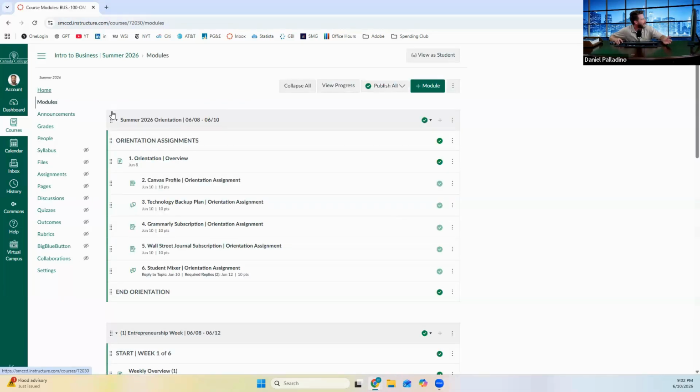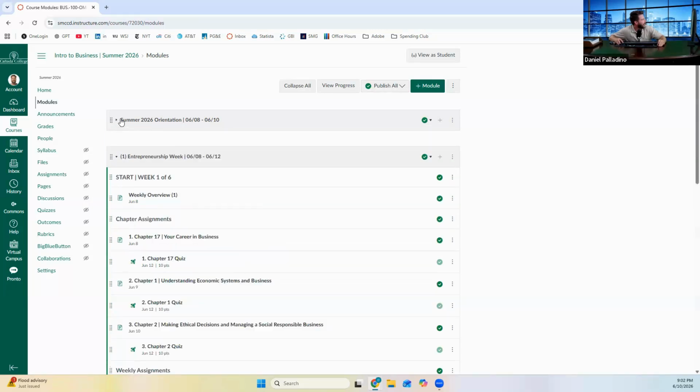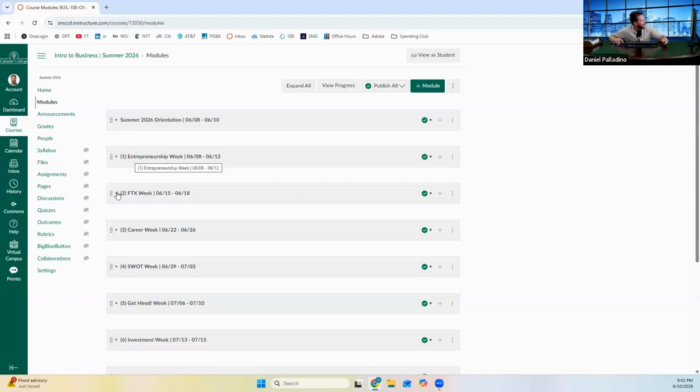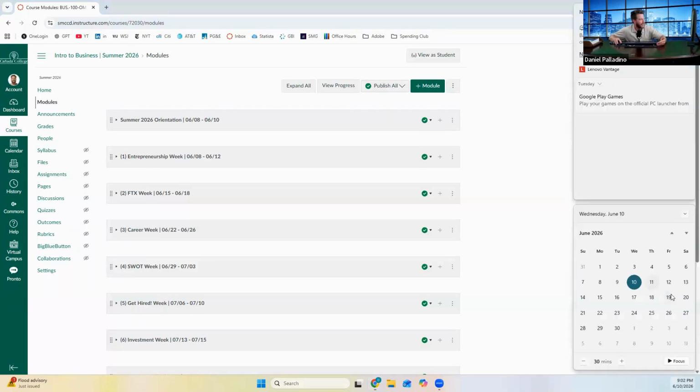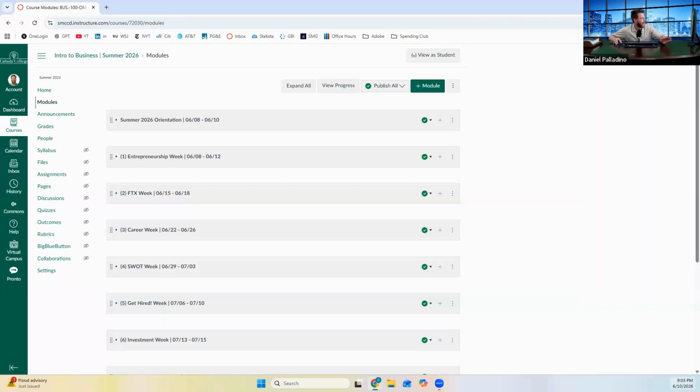As always, I'm going to start by going to the modules. Modules for me is always the best way to see how everything's organized, and I'm going to put the bow on the orientation and week one assignments. If you didn't finish the week one or orientation assignments by the Friday deadline, I am extending those week one assignments to the following Friday before there's a penalty. It'll still say it in the system and it'll give you the late fee initially, but I'm going to manually correct that, and I'm going to retroactively push the date back for any penalties to the 19th for week one assignments.